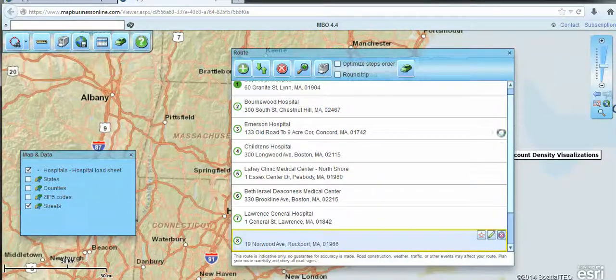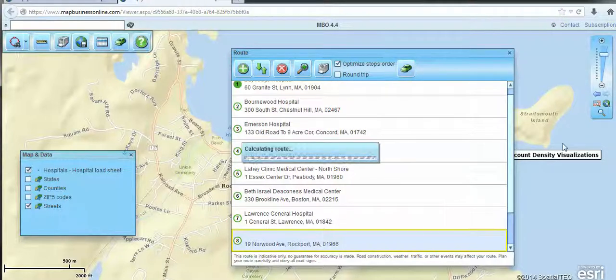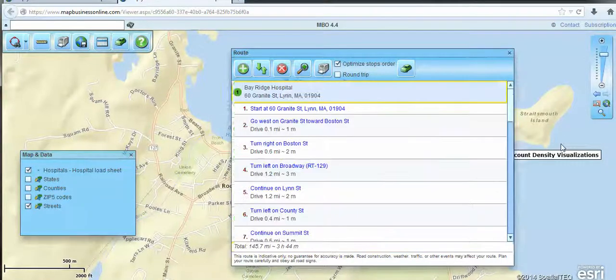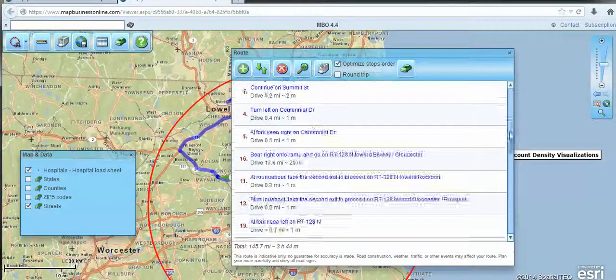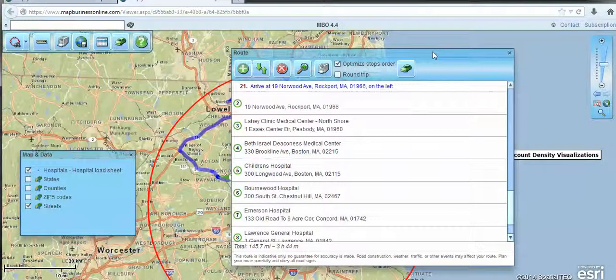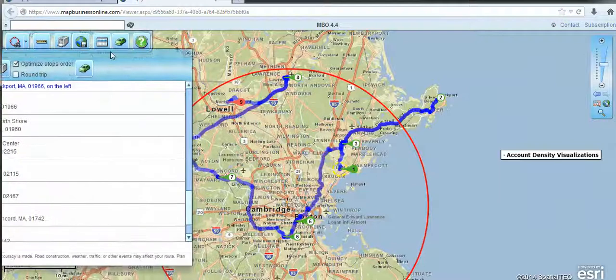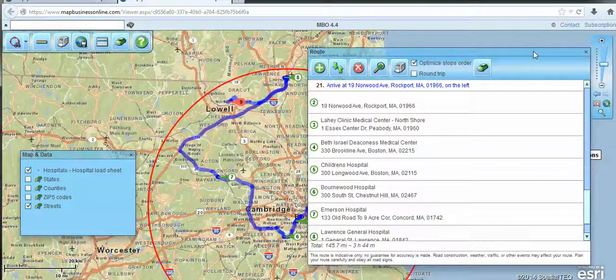And then I can choose to optimize these stops or not, create a round trip or not, and then create the route. And so essentially, this is a way for your people in the field to get optimized routing capabilities with turn-by-turn directions that they can print out or they can use on the application itself. You can then work with this tool to actually route your field technicians across a field of stops. So it's pretty powerful for free. So you're setting up people in the field with a free map viewer where they can actually create multi-stop routes,